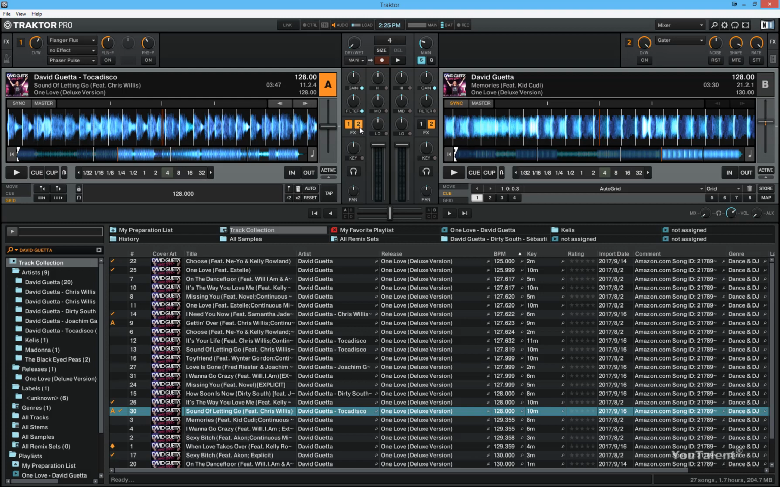So I'm going to disable the second effects unit for deck A, but it's going to be enabled for deck B. So when you play deck B, all the effects that are in the second effects unit are going to be applied to deck B when it's playing. So let's demonstrate how to use these effects right here. Let's play deck A,